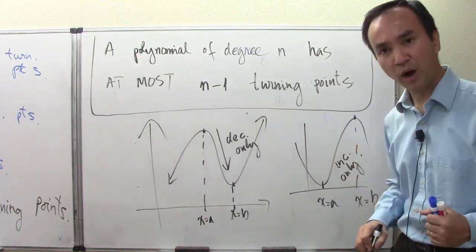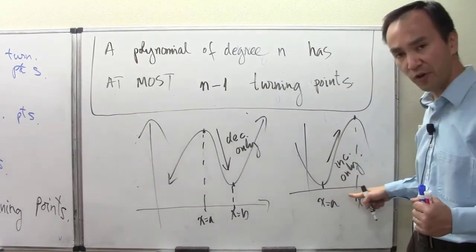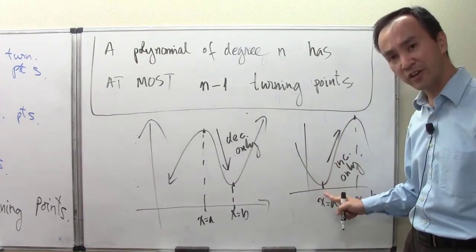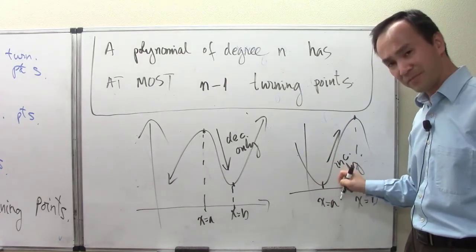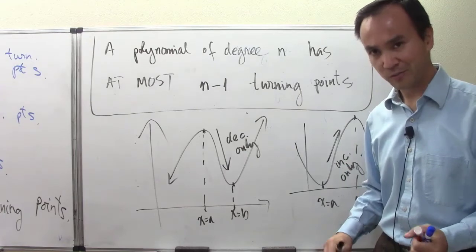There can only be one nature of the function, either falling only or rising only in an interval between any two consecutive